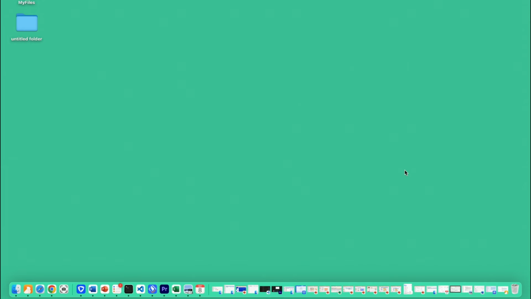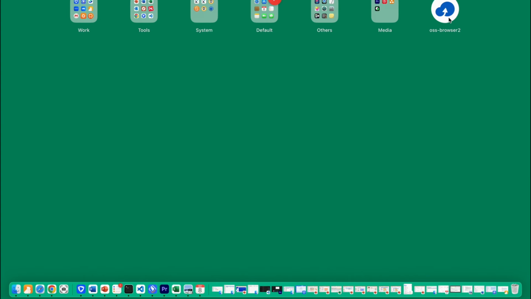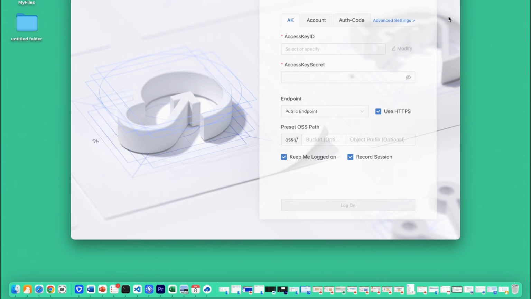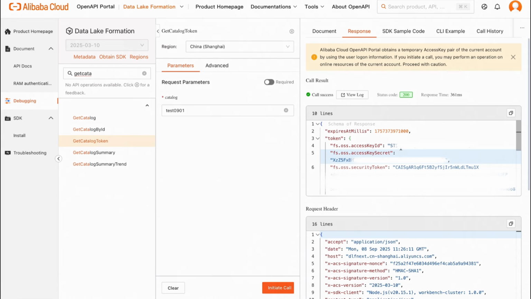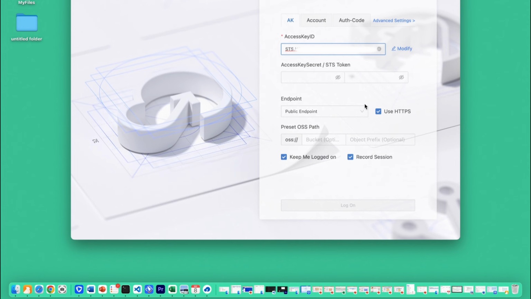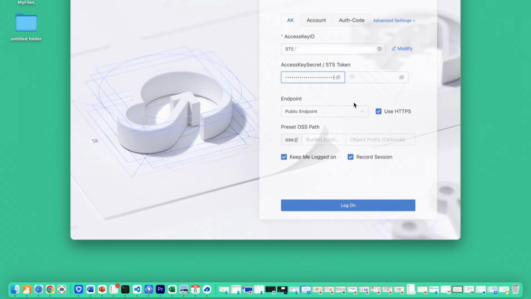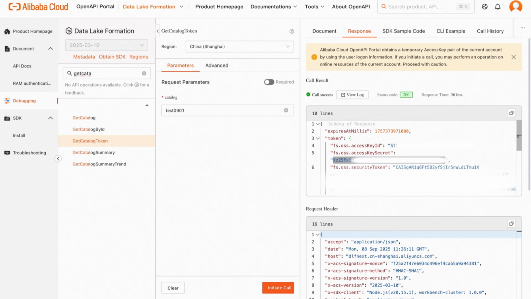So the next step is we'll need to go into our OSS browser. This is basically an application created by the OSS team that aims to make interaction with OSS easier. So now what we can do is input our access key ID and access key secret, which are all stored here. So let's copy and paste it. And for the access key secret, we can also just copy and paste. And for the token, let's also just copy